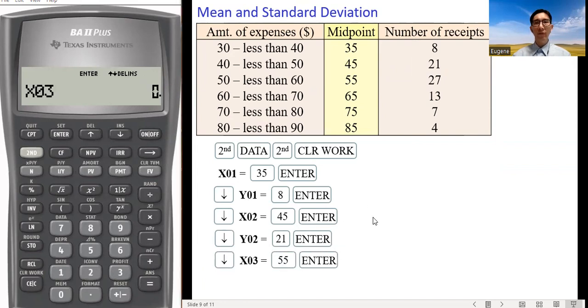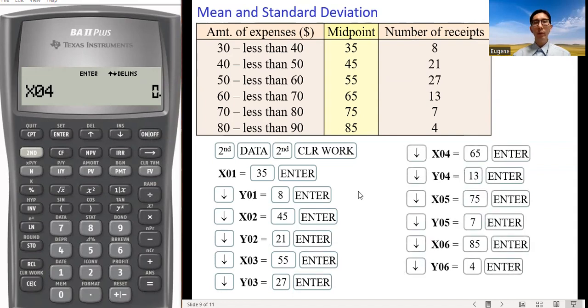And then the next one, 55, frequency is 27. And then we can enter the rest of the data set: 65 with frequency 13. And then the data value 75 with frequency 7. Data value 85. Frequency is 4.